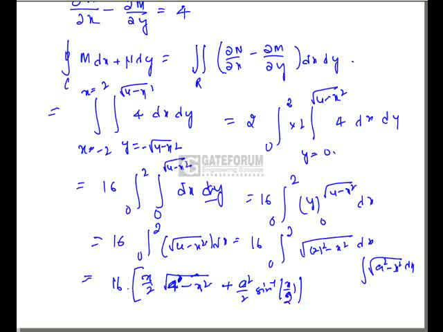Now a is nothing but 2 here, so this will become 2 square. If I substitute the limits from 0 to 2, you will get 16 into 2 into pi by 2, which is 16 pi. If I substitute x as 2, this term will become 0, and this is 4 by 2, that is 2, and sine inverse 1 is pi by 2. Similarly, if I substitute x as 0, this term will become 0, and sine inverse 0 is 0. So entirely the answer is 16